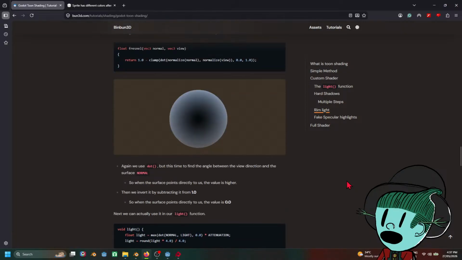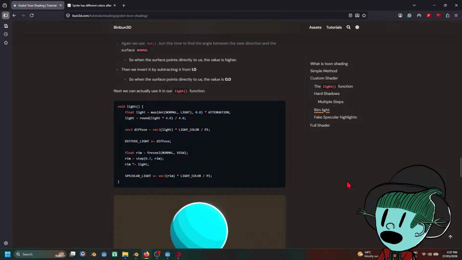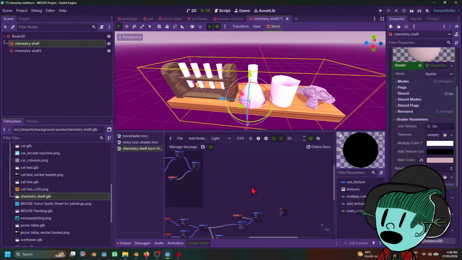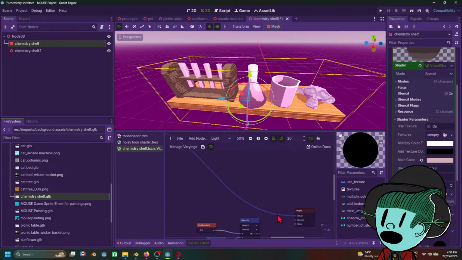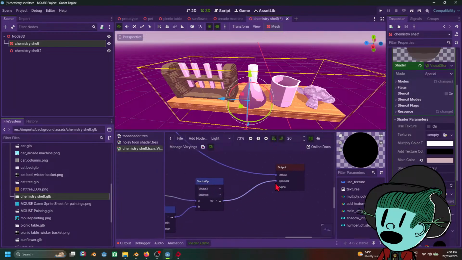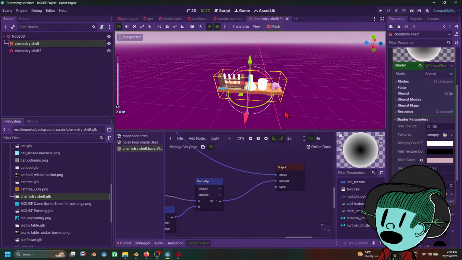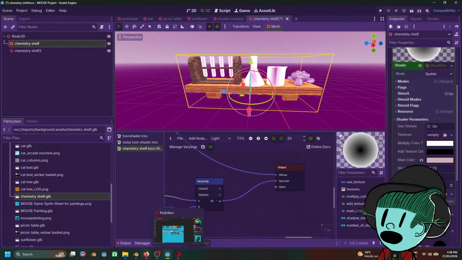Okay. Then rim. Plus equals diffuse plus equals diffuse. Oh, wait. Oh, these are separate functions. Okay, so we just do it here, and then this one can be attached to here, right? Okay. And then